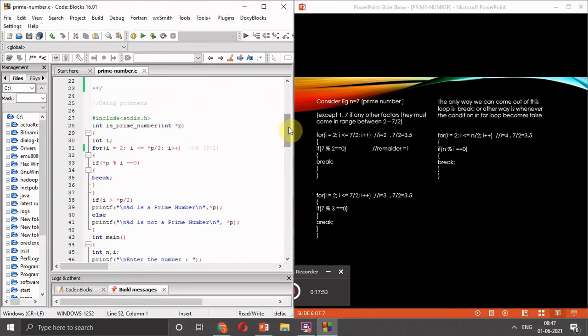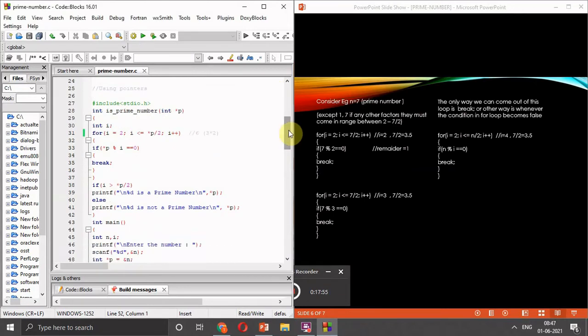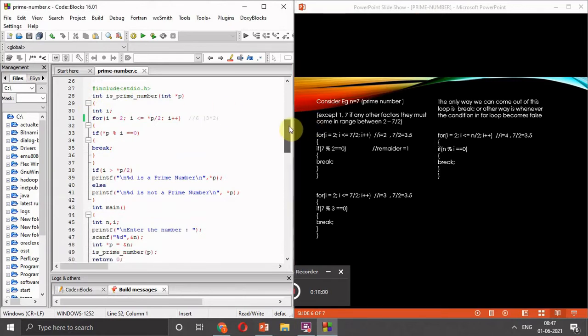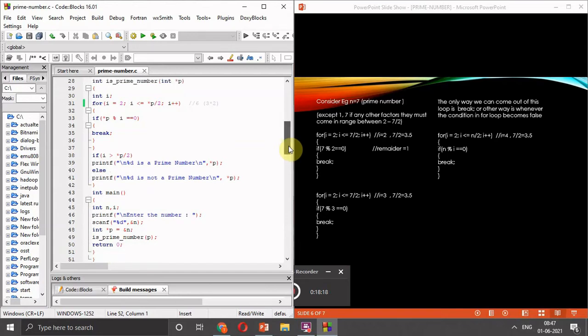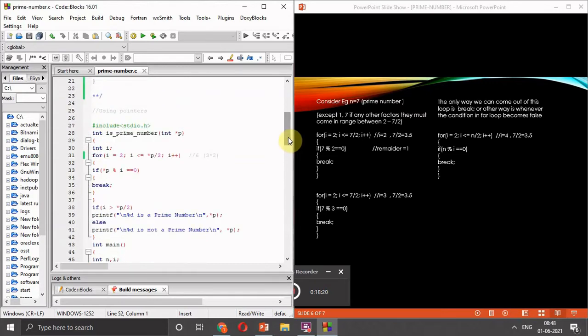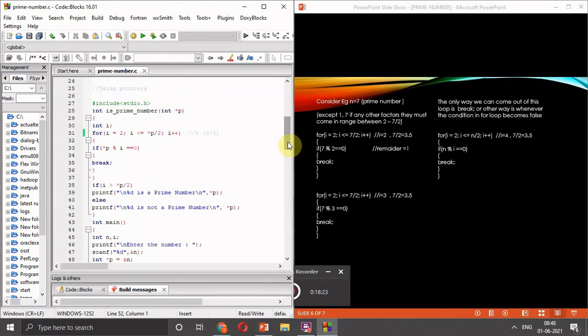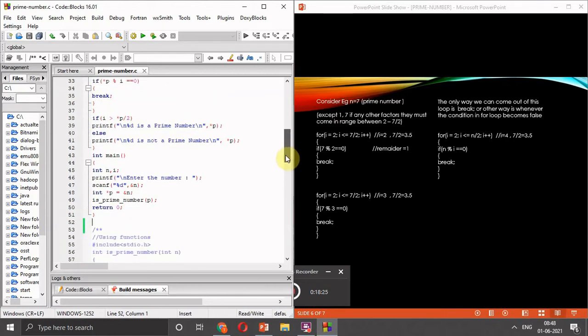Okay, now let's start the second program, which is using a pointer. Now we are discussing the prime number program using a pointer. Here, #include <stdio.h> is a preprocessor directive. This standard input output file we are going to use for the printf and scanf functions. These are the inbuilt functions which we are going to use for taking input from the user or printing instructions on the